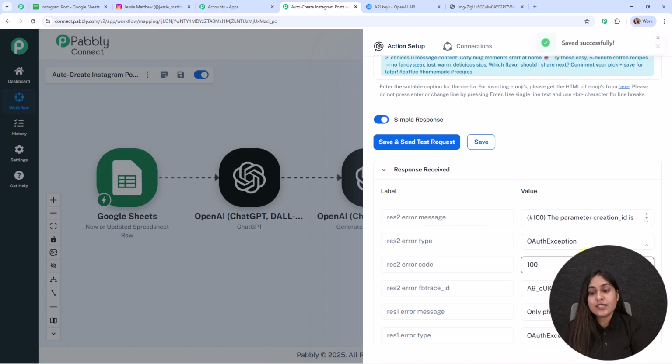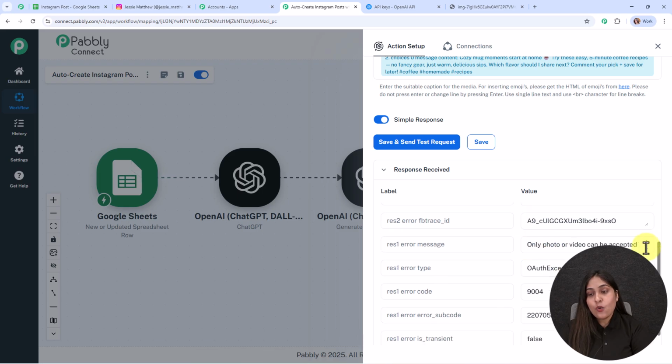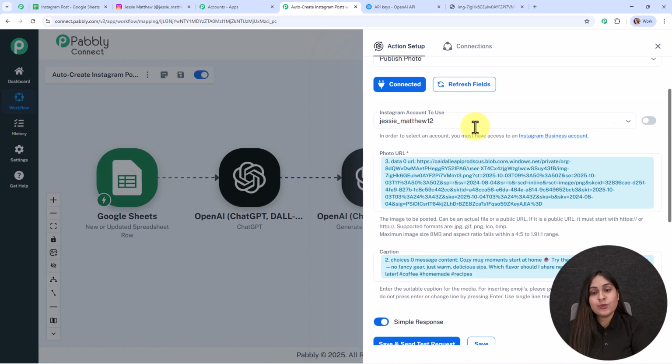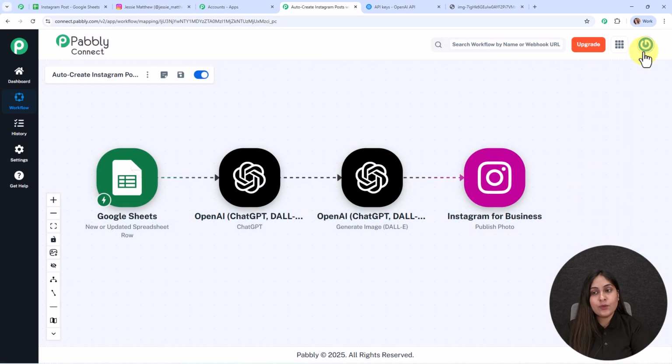And here you can see we have received a response where we have received an error message that says only photo or video can be accepted. That means the URL that we entered over here is not acceptable. So it was not acceptable because of the length. So here to shorten the length of this URL, what we are going